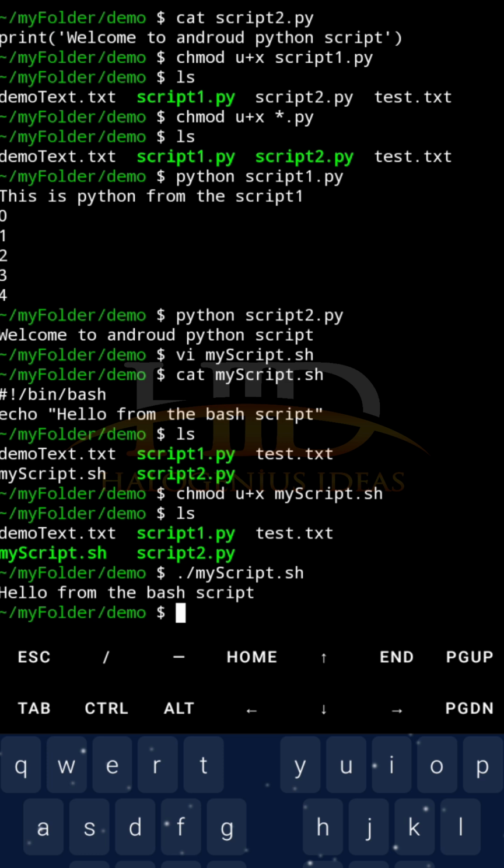Just create an empty file, edit the empty file. Don't forget the preprocessor directive, the hash, exclamation mark, slash bin slash bash. Then you pour whatever script you want to pour there. When you're done typing it, you exit, make sure you save it, then you make it executable and you run it. That is how to run your bash script from this particular Linux environment